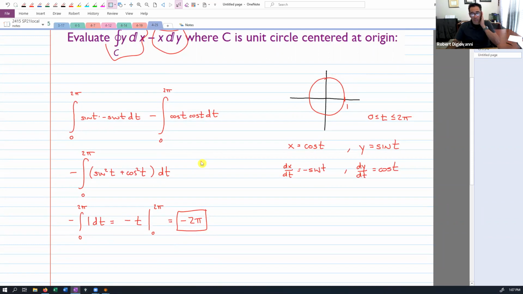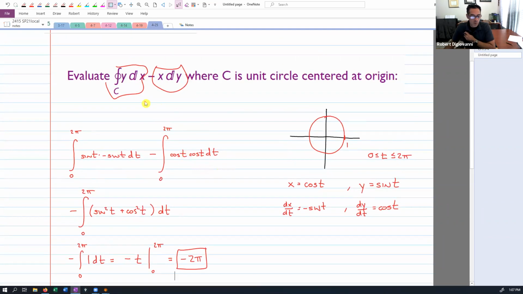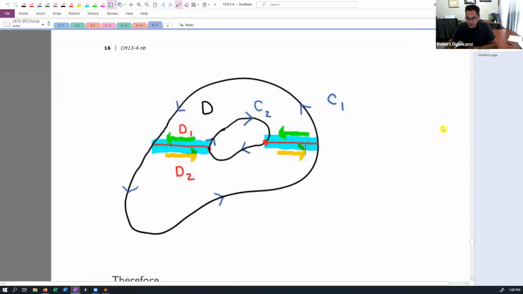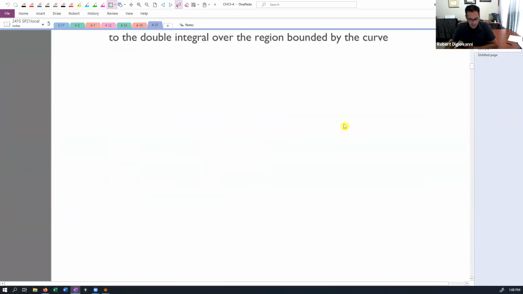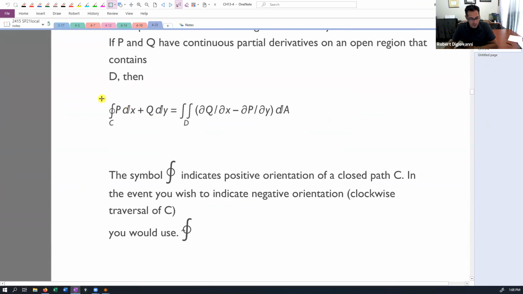Okay, that's the way we do that problem before Green's theorem. So Green's theorem says this: if you want to do a line integral over a positively oriented closed simple curve like this is, if we have positive orientation, drawing the circle like that, instead of doing that line integral, we can look at the region that it encloses. Call that region D. And the theorem says this,